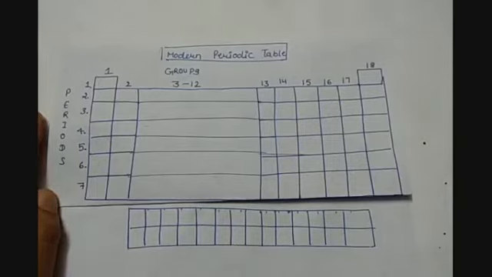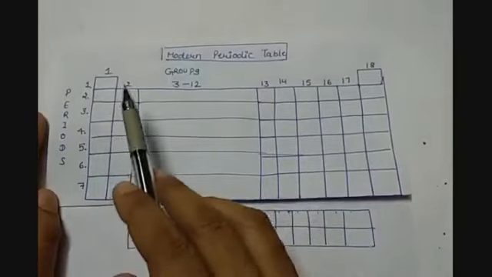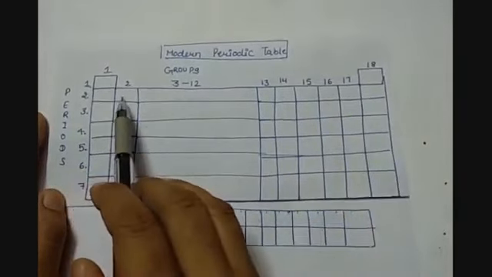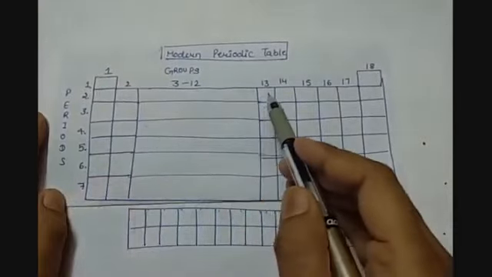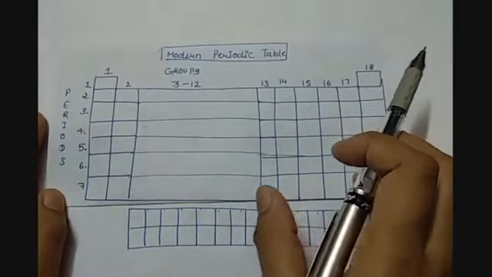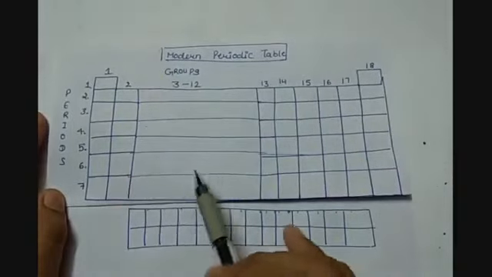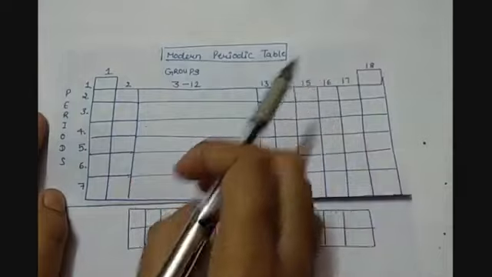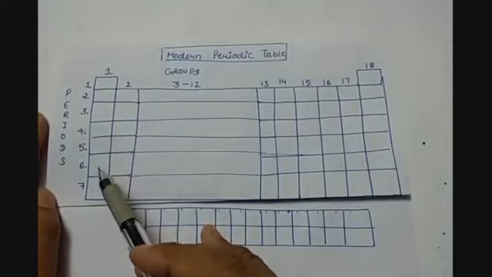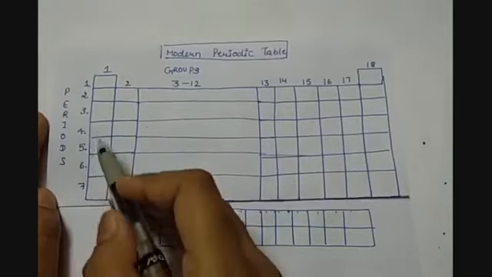Here you can see that the vertical columns are called groups. So we have 1 to 18, a total of 18 groups. Here I am showing you the first, second, then 3 to 12, and 13, 14, 15, 16, 17 and 18. And this cluster I have taken together; I'll tell you why I have taken these elements together. In the first group, all the elements with similar chemical properties are grouped in group 1, or any group.